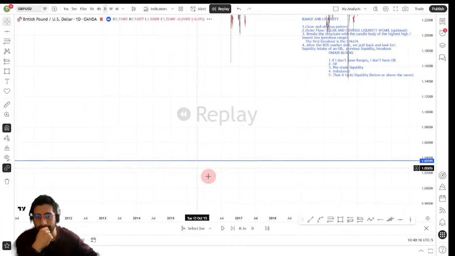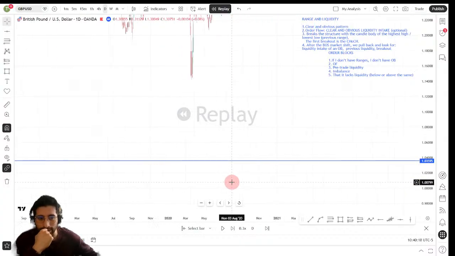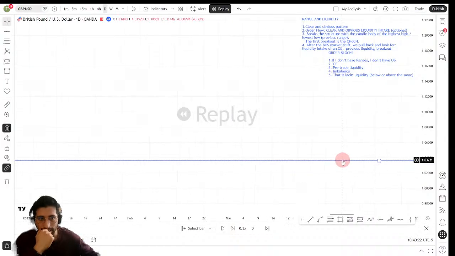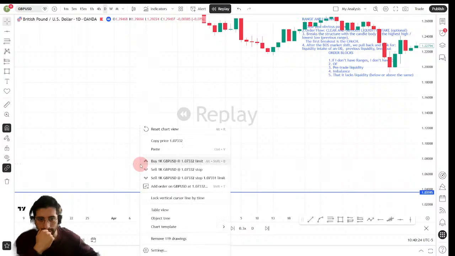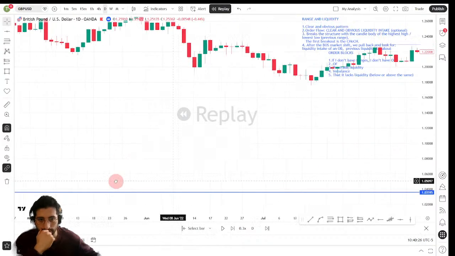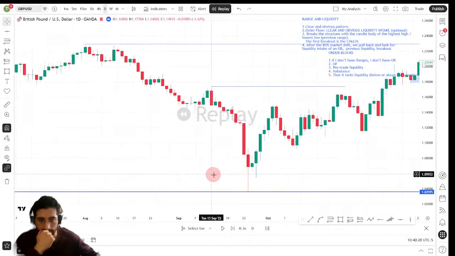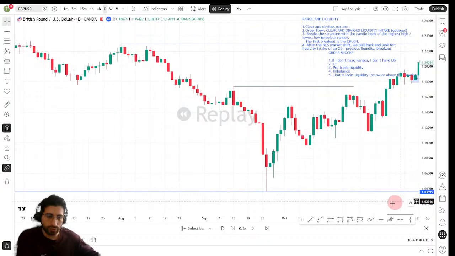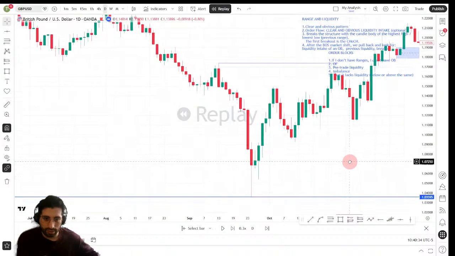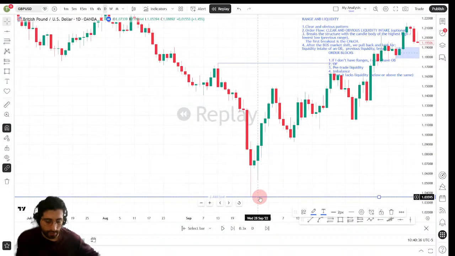This is the lowest the market has ever been. The GBP, the British pounds, this is the lowest they have ever been. It's practically a dollar. Anyway,